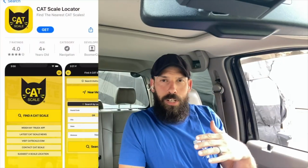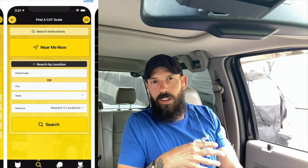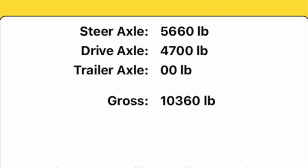You fill out some information ahead of time. You go to the location. You put in the number of the location. You don't even have to talk to the operator. You don't have to be intimidated by these. The app makes it so easy. You don't even have to go inside to pay. The app's going to charge you. It's going to give you the readings right there on the phone within a few minutes. So I love the app. It's a great method. Number two, if you're an Escapees member, which a lot of full-time members are, some of